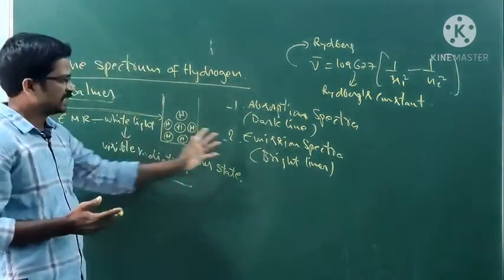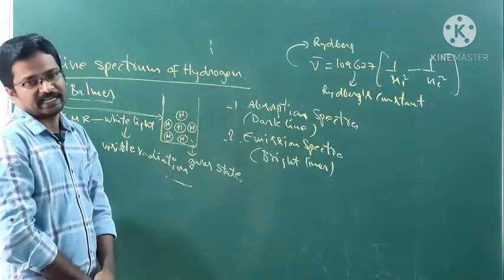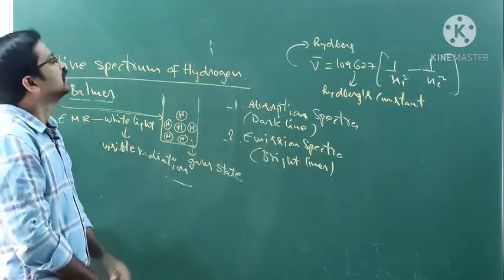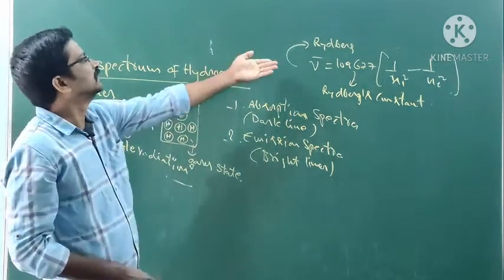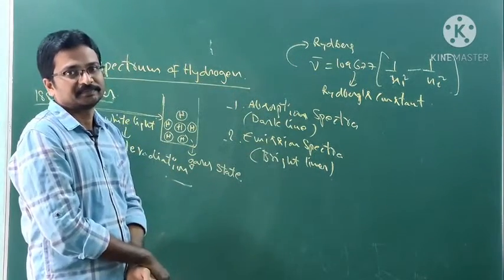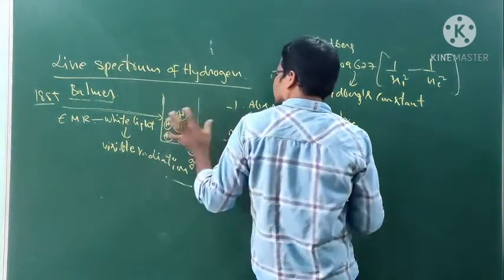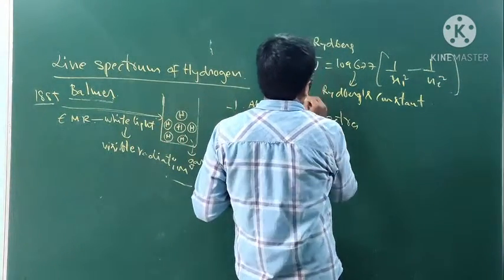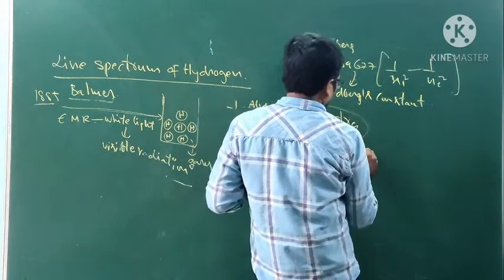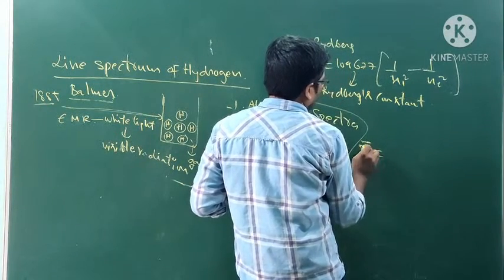Okay, Balmer did this experiment, and he got the dark lines and bright lines. Then he took this formula for the explanation of his experiment. Okay, like this. Wave number, nu bar, means